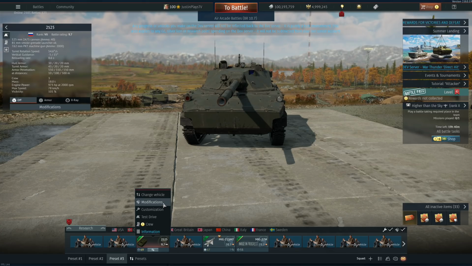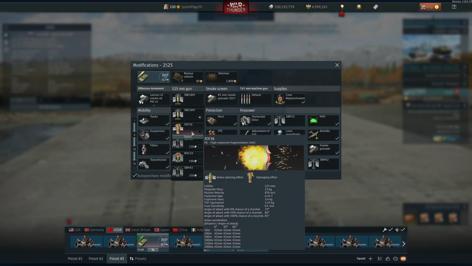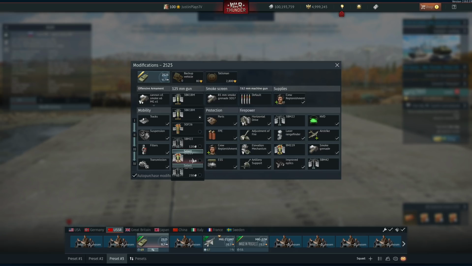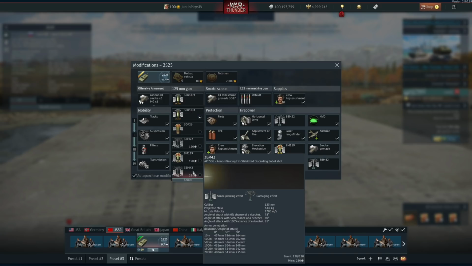Now, it is a 125 millimeter gun. Excuse me, I just got done with an almost 3-hour stream showcasing the dev server, so I'm kind of repeating myself a lot, so bear with me, guys. It does get a plethora of shells. It gets, of course, HEAT-FS. It gets a 3OF26, which is the fragmentation round everyone knows and loves and hates at the same time. It does get 3M22 as a tier 1 modification. The 9M119 ATGM as a tier 3 modification, and then of course the beloved 3BM42, which recently did get a